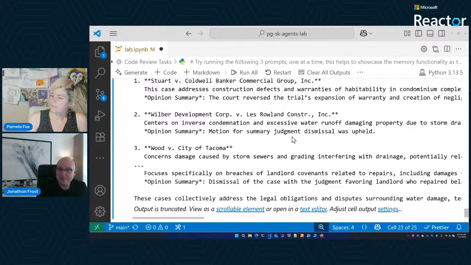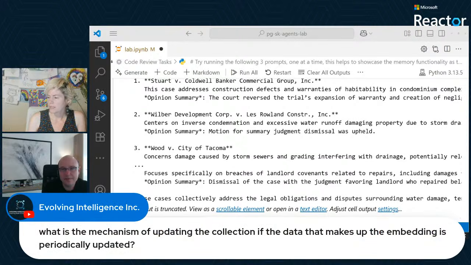Yeah, we just had a good question, which is, we generated the vector embeddings for the opinions, and we stored that in the opinion vector column. But what happens if the opinion column gets updated with some new value? How do we handle updating that embedding column? What's the right approach there?